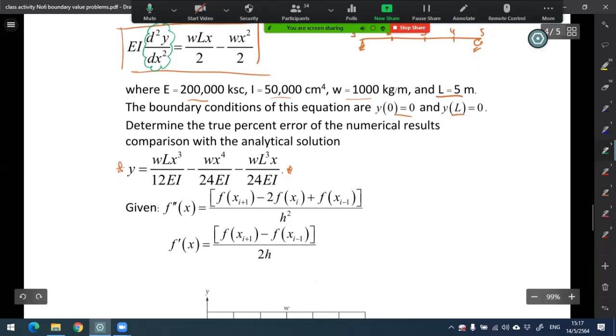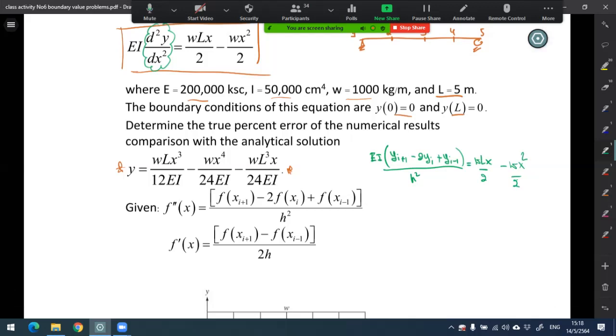So according to this, we have EI multiplied with (yi plus 1 minus 2yi plus yi minus 1) divided by s squared, right, equal to WLx over 2 minus Wx squared over 2, right? According to this equation, we can rearrange it to be